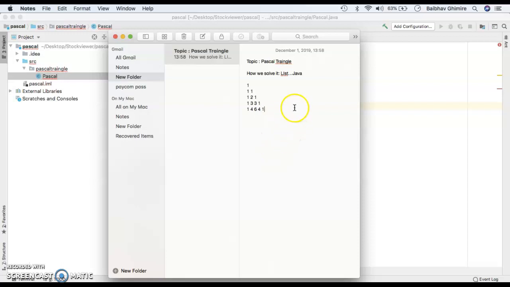So the problem is the Pascal triangle. So basically these numbers that I have written below, it's a Pascal triangle. The first and the last element of every row will consist of 1, and these elements are organized in such a way that let's say if we go and talk about the fourth row,